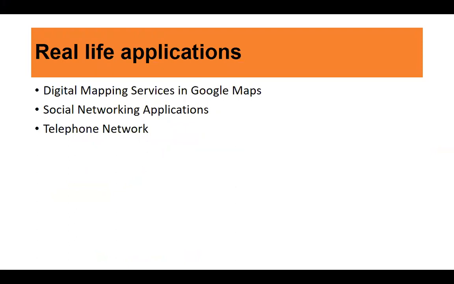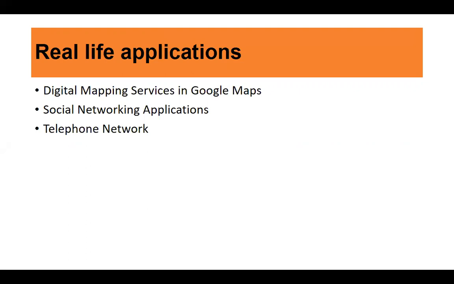Now, what are the real life examples of Dijkstra's algorithm? It's one of the famous algorithms. It's used very frequently. One of the famous applications is digital mapping services like Google Maps. In case of Google Maps, it asks you the source and the destination, right? From source to destination, it gives you the shortest path. How does it calculate? It uses Dijkstra's algorithm because there are many different paths to reach that destination. So it calculates the distance of various paths and gives you the minimum distance path using Dijkstra's algorithm.